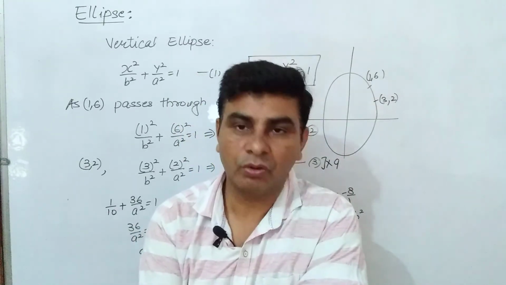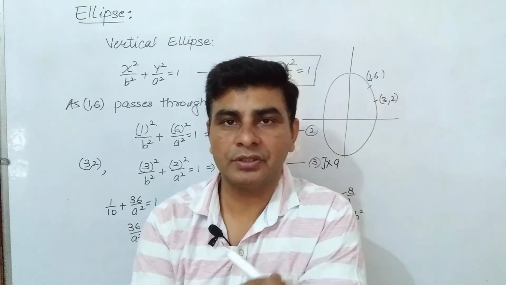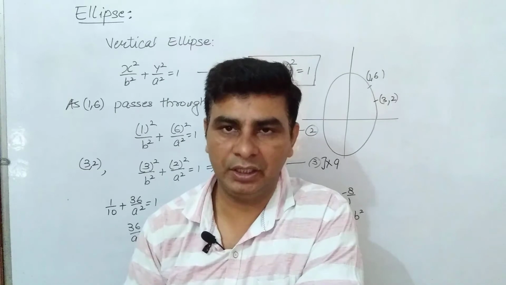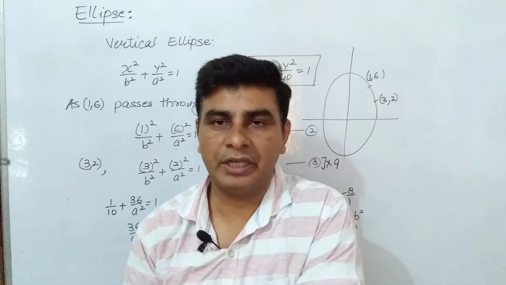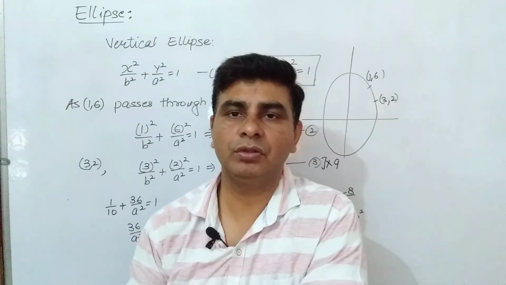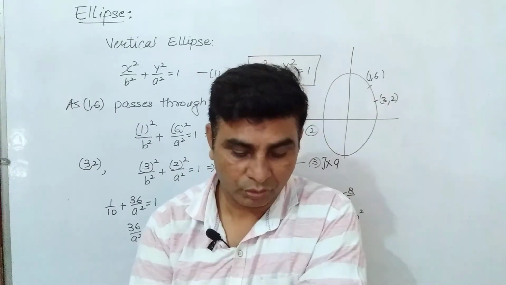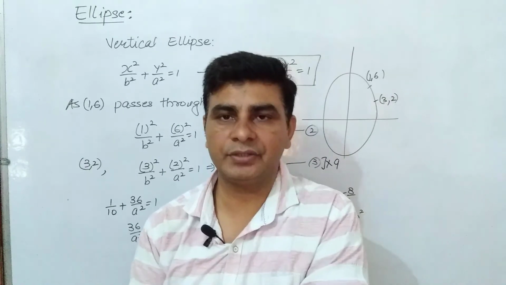My dear students, question number 20, which is the last one, you can do by yourself. The same process is there, in which we want to find the equation of an ellipse whose major axis lie on x-axis. यहाँ पर major axis x-axis पर lie करती है. It means this is along x-axis, means this is a type of horizontal ellipse. And this ellipse is also passing through the points 4,3 and 6,2.